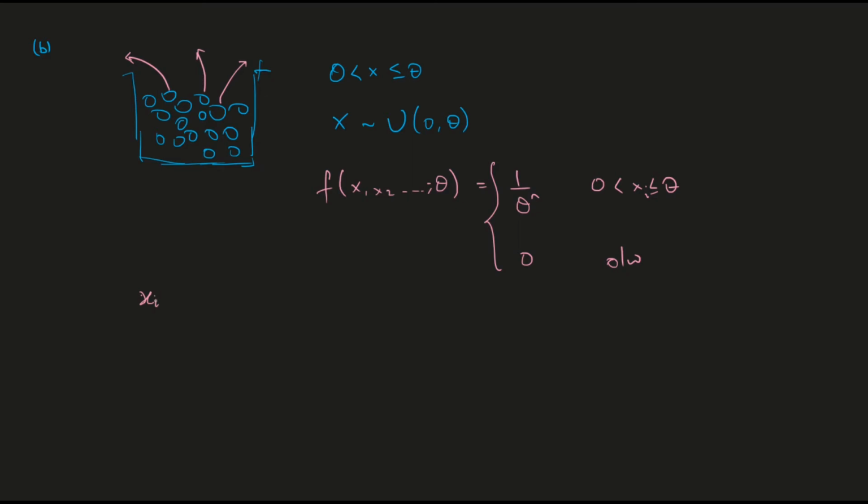Let's say the first ball had a number of 0.4. The second one had a number of 1.3. The third one had something like 0.2. Next you got 1.6, then you got 0.8, then you got 7, no, not 7, let's say 1.7, and let's say that's about it. So you picked out 6 balls from this bag and you found these numbers written on them.